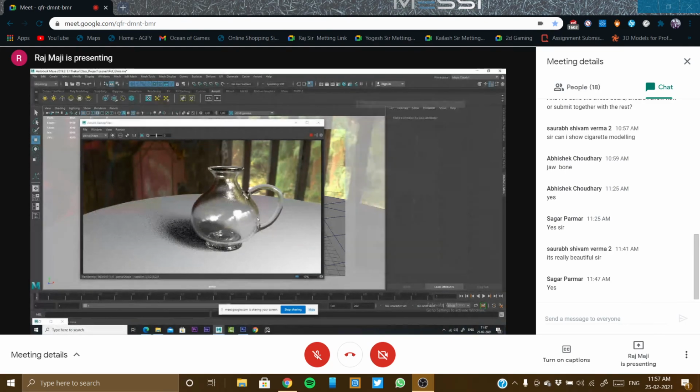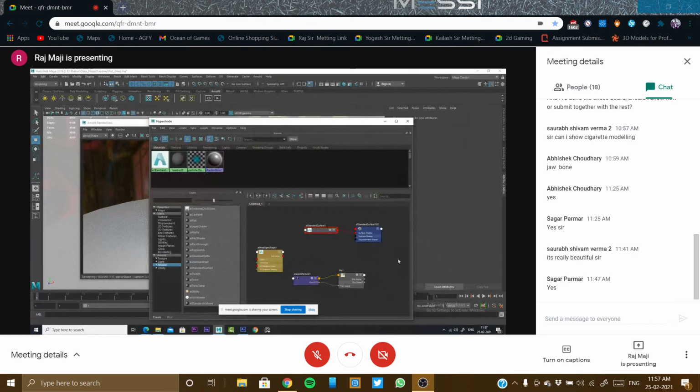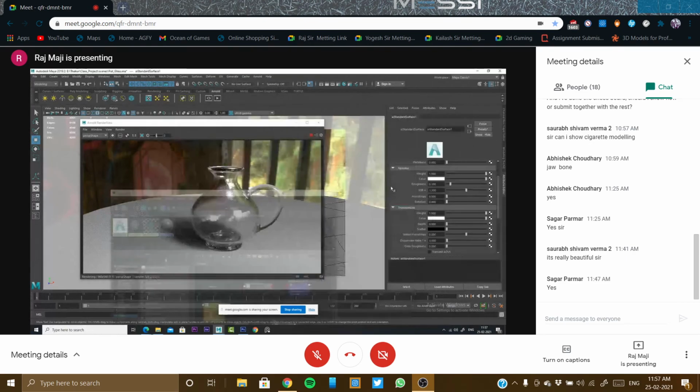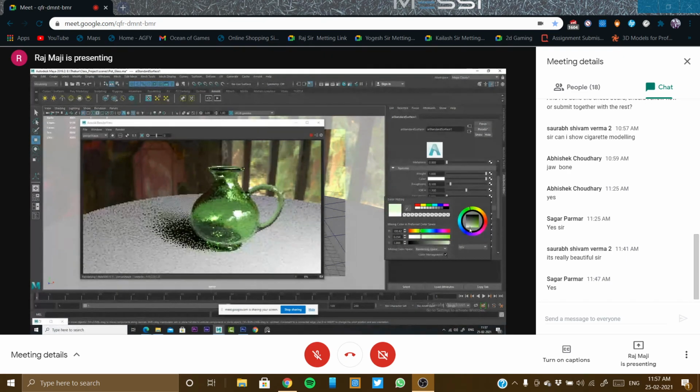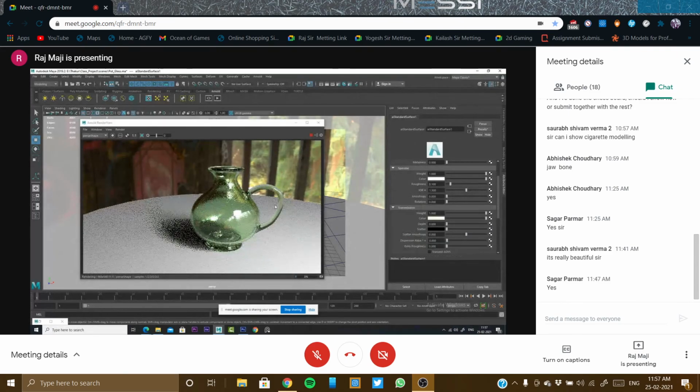Okay, so this is another thing. And the last thing I will talk about is the transmission color of it. Suppose it is a green color glass. So it has to be very little, very little. Green color glass.